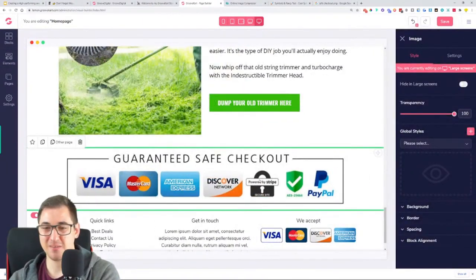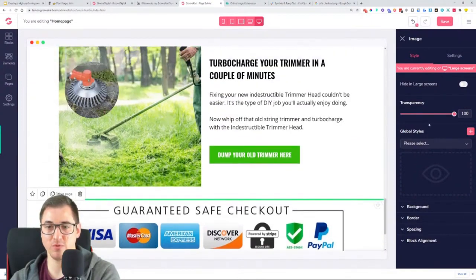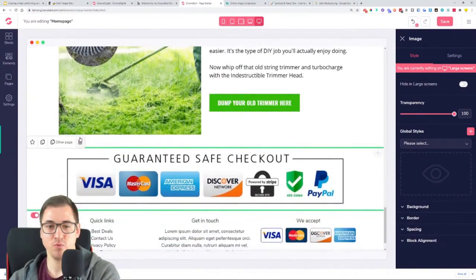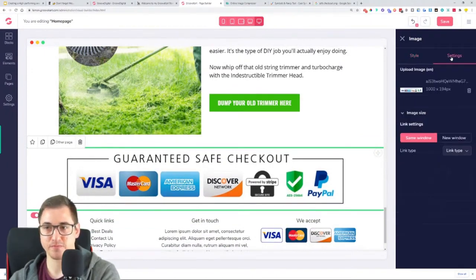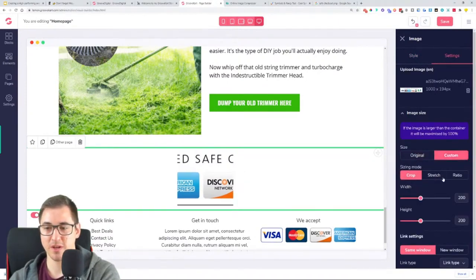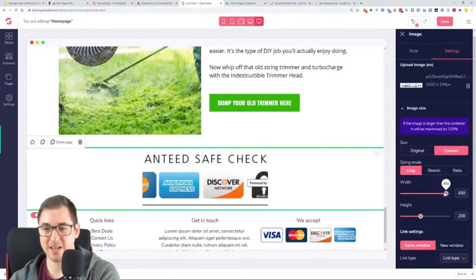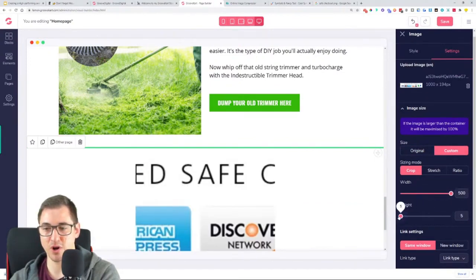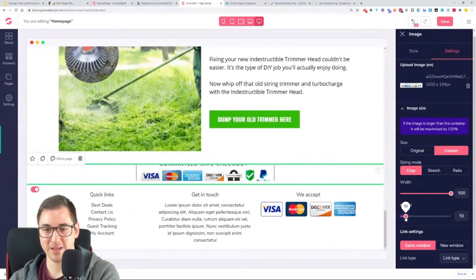Yeah, the size is a bit too big. I'll just leave it because it looks good. I really want it to stand out on the page. If you would like it to be a little bit smaller, you would either need to resize it before uploading it, or actually you can make some custom sizing over here, but I didn't find a good way to actually make it smaller, just how to make it bigger. That works great,